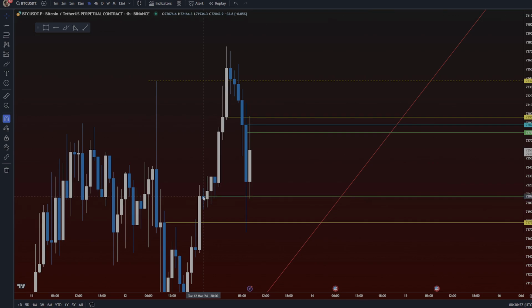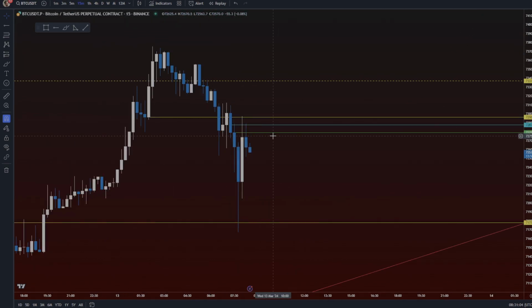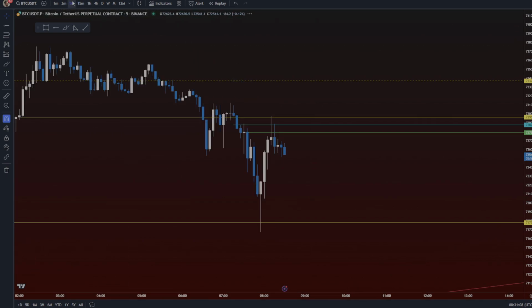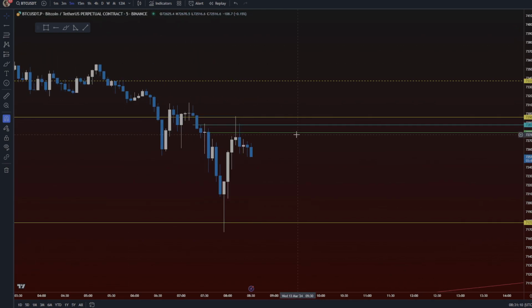I mean, technically it's hit, but I don't like it. I don't like it. I think you're just going to start to move down actually, but we're going to see. But this is how I'd be looking at this. I would be looking for a short right now. I would 100% be looking for a short. Now, although it's intuitive that it looks like it's moving up, the setup is there to move it down. And there's relatively safe spots to get in.